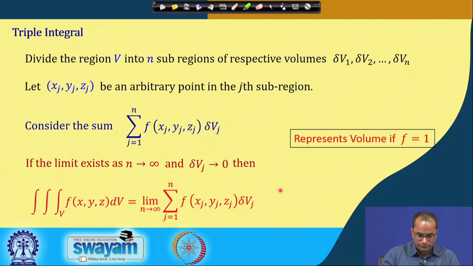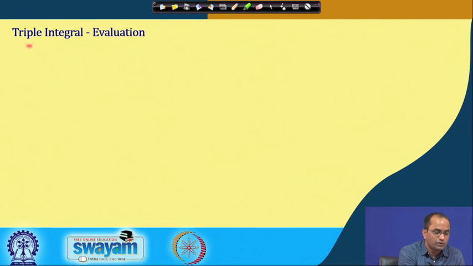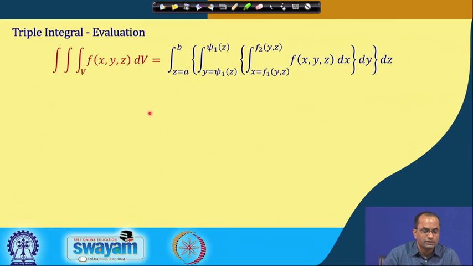So, it represents the volume if we set f equal to 1. That we can also look into as one of the applications of the triple integral. So, how to evaluate the triple integral? Having the knowledge of the evaluation of the double integral, this will also be easier. So, this is the idea of this